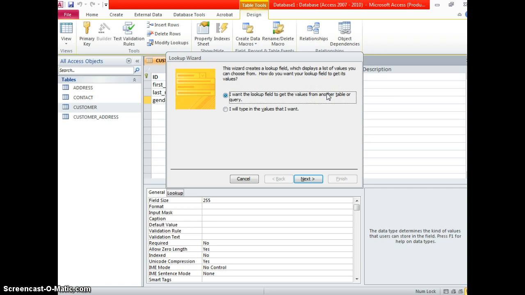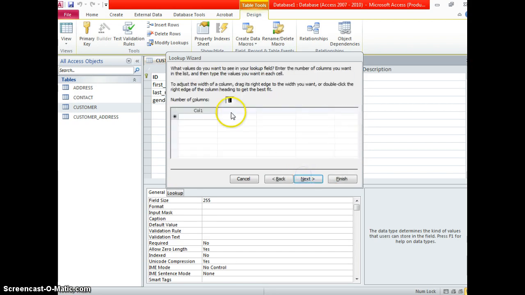Like we can do the list of all the cities and states or the zip codes in the US, if we have another table for that, like the list of states, the list of cities, or the list of zip codes. Then we don't have to spend time typing them in manually. Or we can type in values, like in this case gender, male,